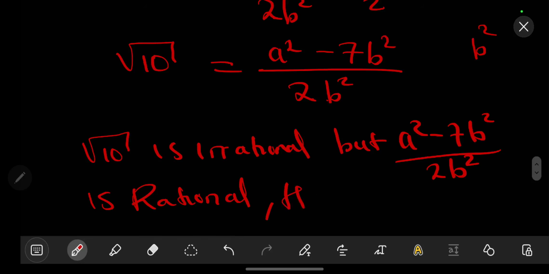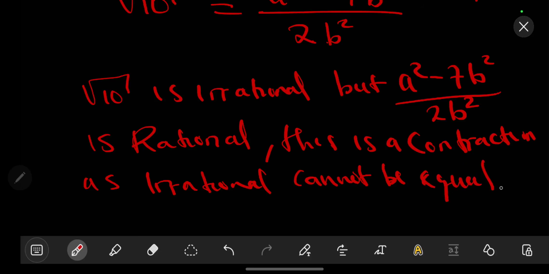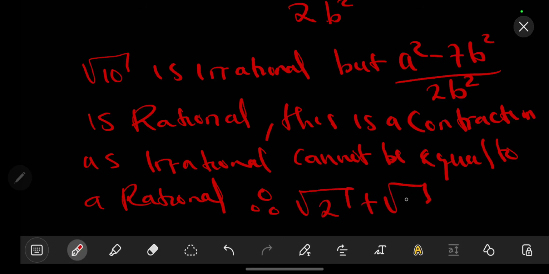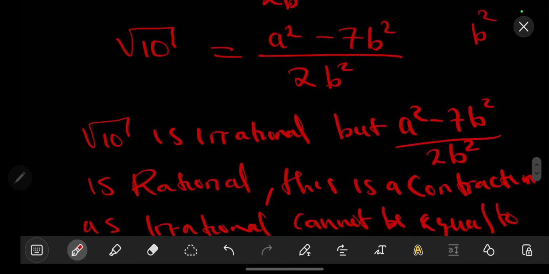This means to say this is a contradiction, as irrational cannot be equal to irrational. Therefore, the square root of 2 plus the square root of 5 is also irrational. Now, for some of you that are wondering how come this number is a rational number, we can explain